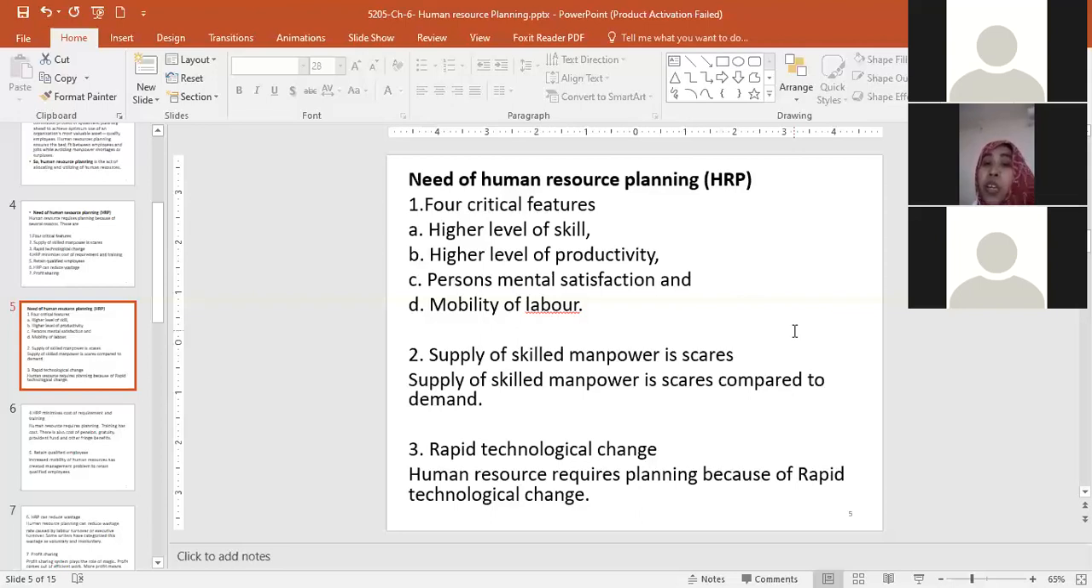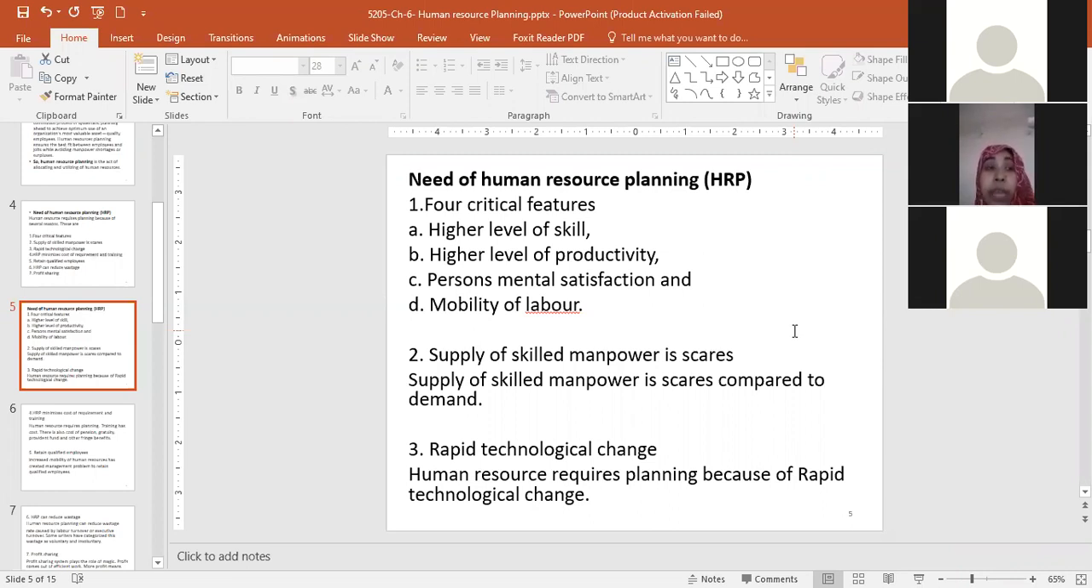So we need human resource planning for the supply of skilled manpower. We have unskilled manpower a lot, but when we need skilled or experienced manpower, then it is scarce. So next number